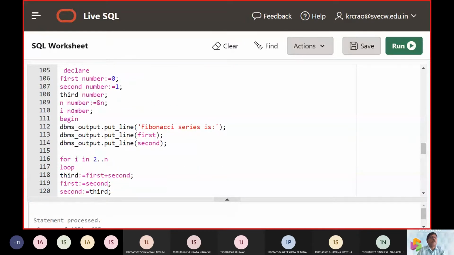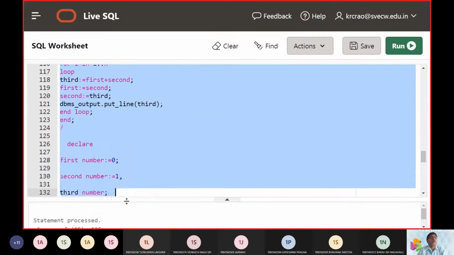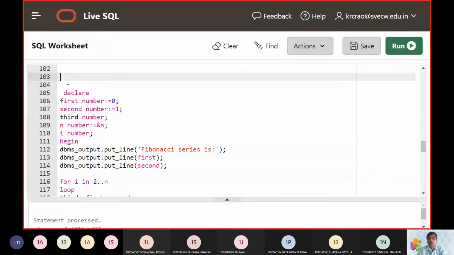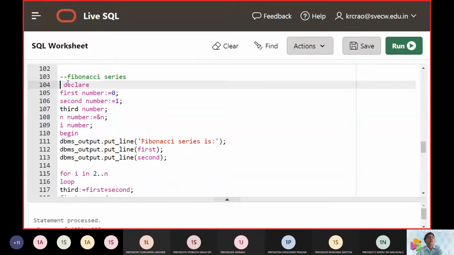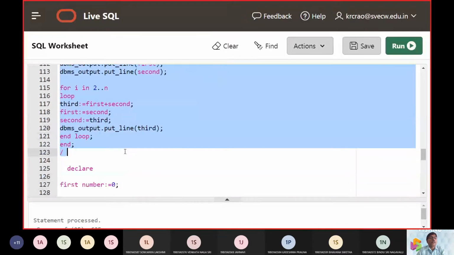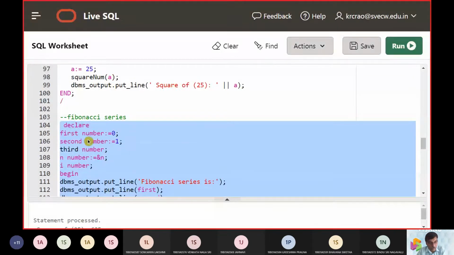Now we are ready to start this Fibonacci number. This is the Fibonacci series program. What we have done is taken the declarative part. We declared the first variable and second variable as 0 and 1.